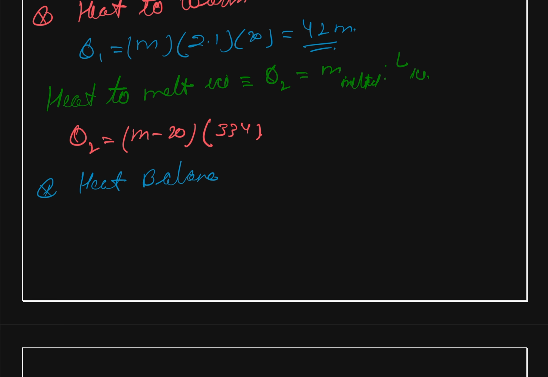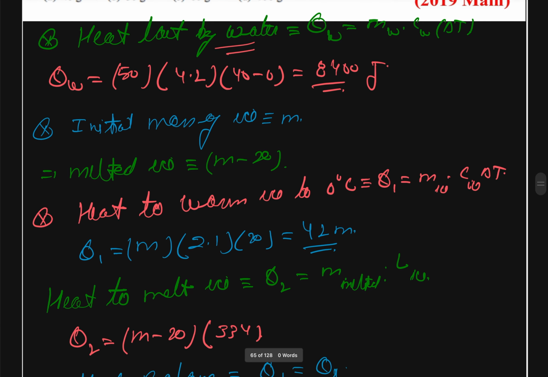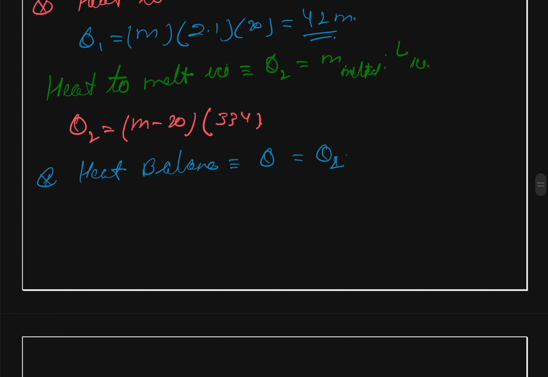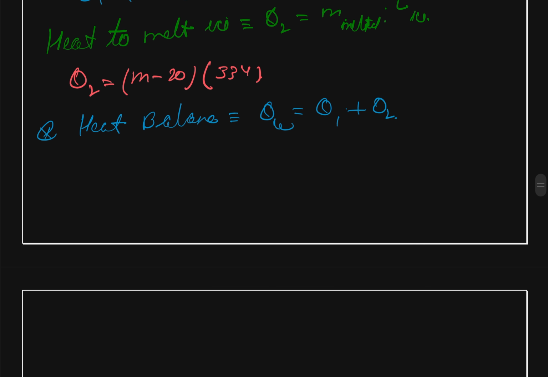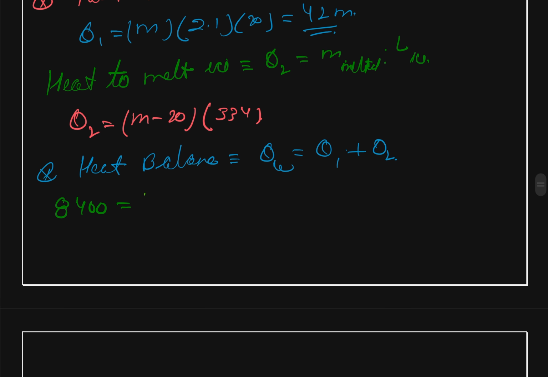Therefore we can write that QW is equal to Q1 plus Q2, and QW is our 8400 is equal to Q1 is our 42 times m plus m minus 20 times 334,